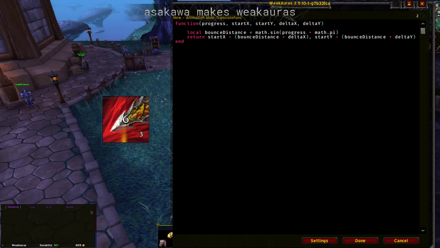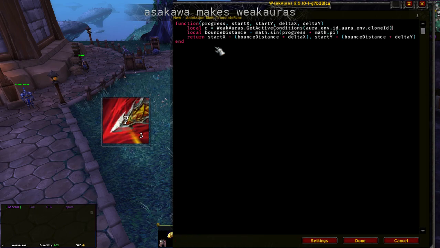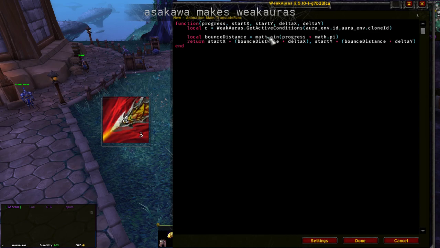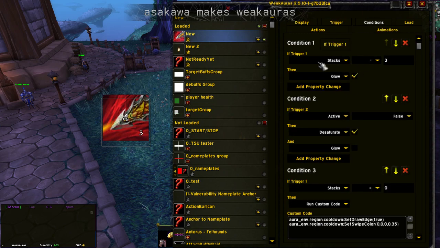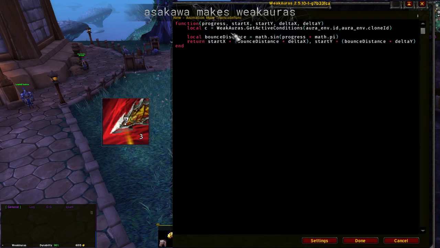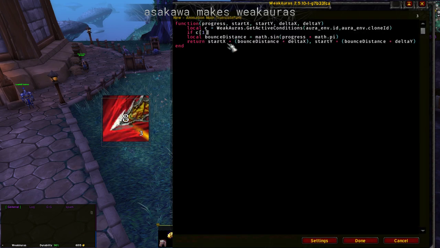And again, in resources on the WeakAuras Discord, we've got a little snippet here. So local C for conditions equals this, and again, this is similar to what was being sent into the trigger activation function that we did right at the start. This is a table that's got true or false for each condition that we've made. So we can go back to conditions. Condition 1 is our glow for full stacks. So we can do if C1, then